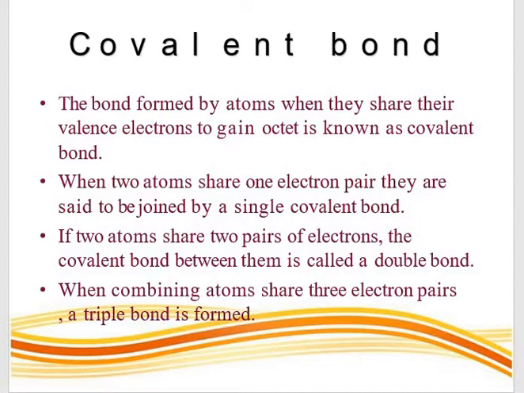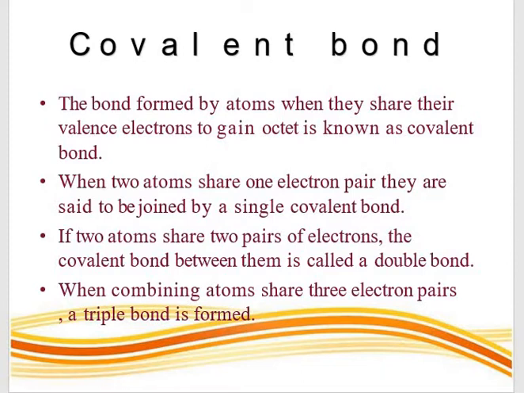Each atom contributes one electron to the shared electron pair and has equal claim on the shared electron pair. Langmuir called the Lewis electron pair bond a covalent bond. Thus, the concept of covalent bond is known as the Lewis-Langmuir concept. A shared pair of electrons is represented by a dash and it is responsible for holding two atoms together.